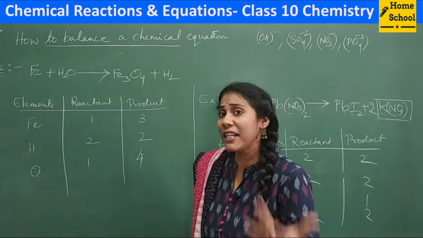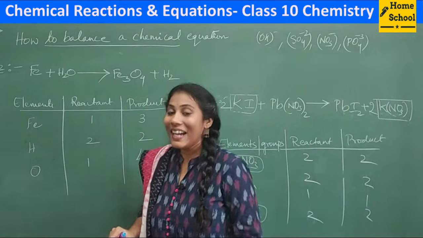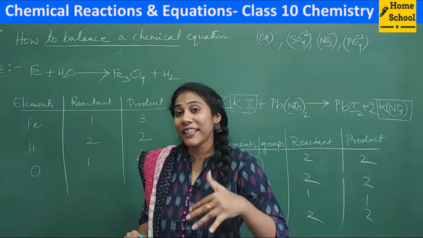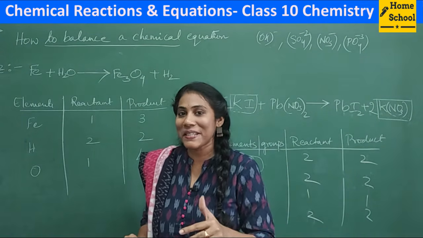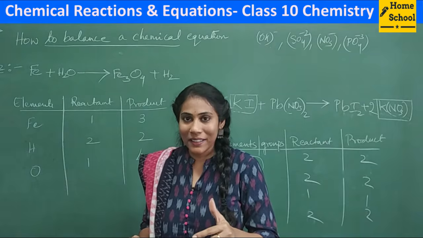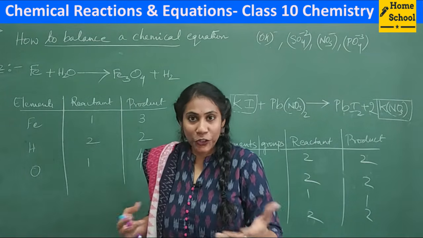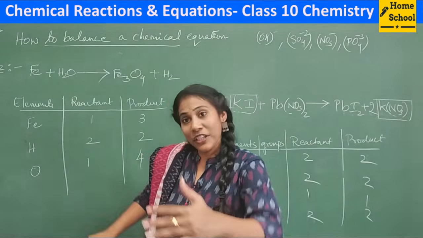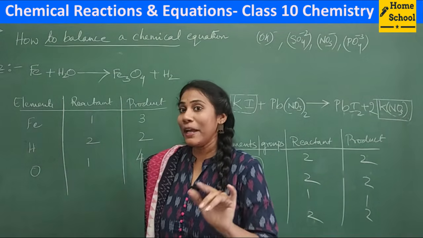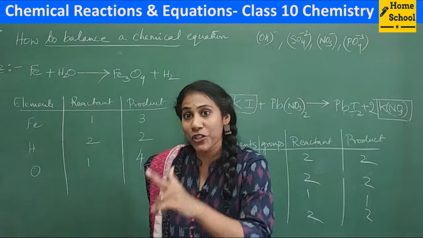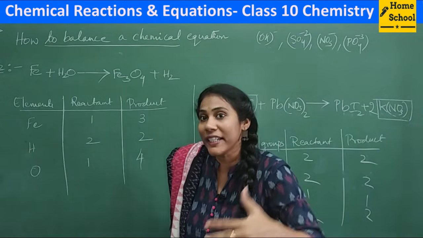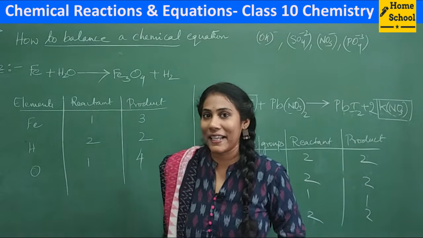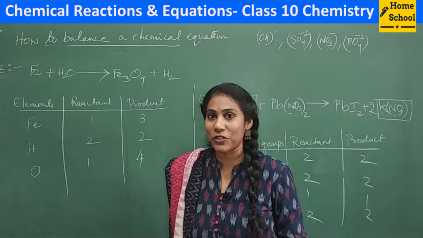So first, which element will you balance? Iron, right? I told you, polyatomic groups, if not there, forget. After that, which elements you have to balance? Metals and non-metals. Iron is a metal. And also, if you don't know whether it's a metal or non-metal, then also not a problem. Hydrogen and oxygen, you should balance at the end. Again, among hydrogen and oxygen, hydrogen first, later oxygen. Follow it stepwise so that you will get a correct answer. Okay, you will avoid the confusion, right?